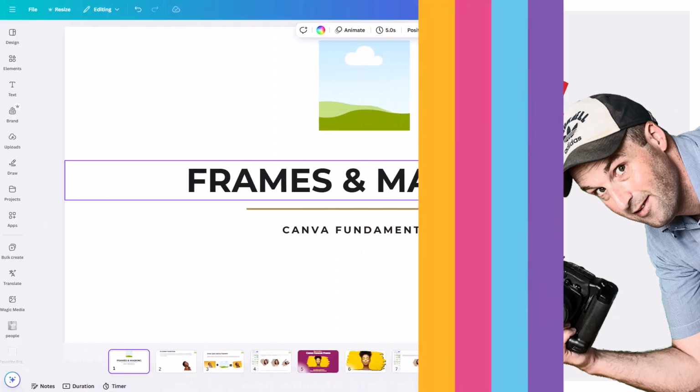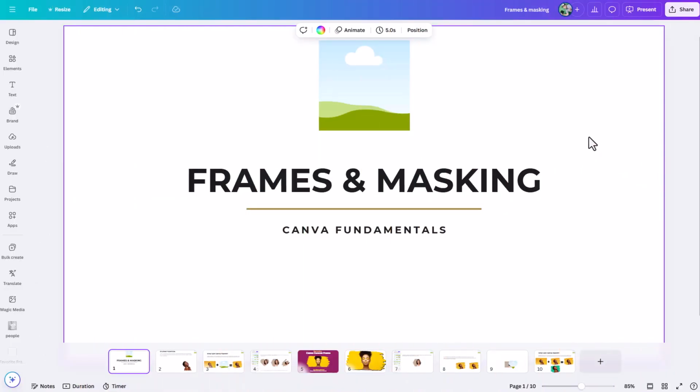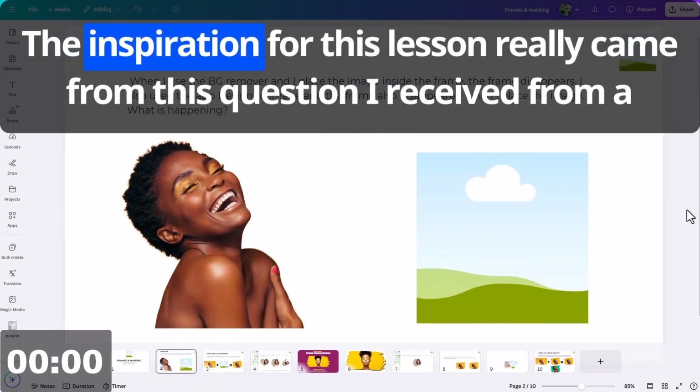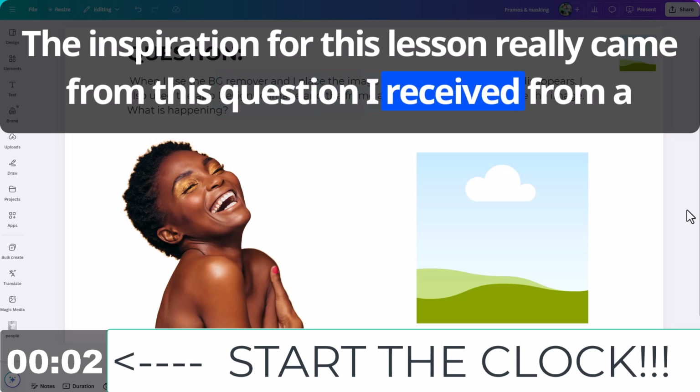And in this lesson, we're going over everything you need to know about frames and masking inside of Canva. Okay, let's get started. The inspiration for this lesson really came from a question I received from a viewer here on YouTube, and they said